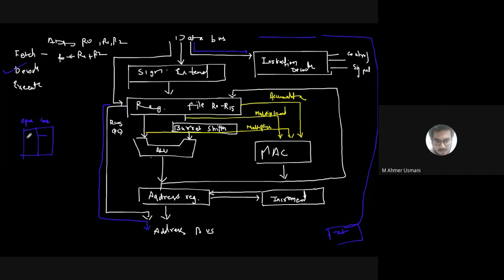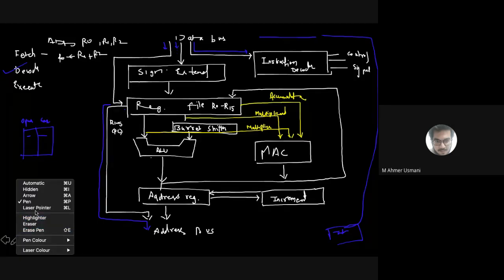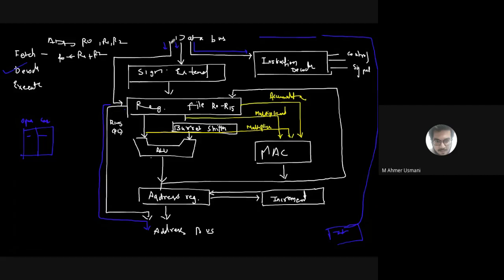Okay, अगर data bus पे instead of instruction अगर data आता, if the data would have come, so either it would follow this path or it would follow this path. Is this clear? अगर data होता तो I will take some other color for data. Okay, so if it is data, it would follow either this path or this path. Okay, so why are we having two paths? Because the data generally in ARM7 can be of three different types.